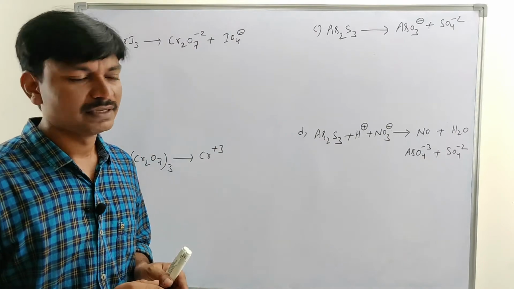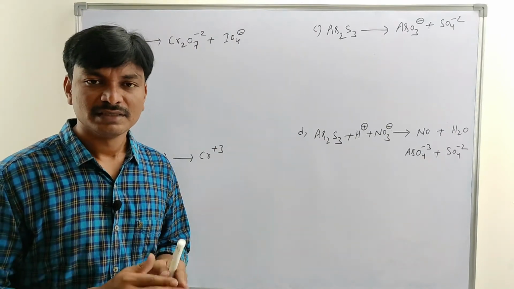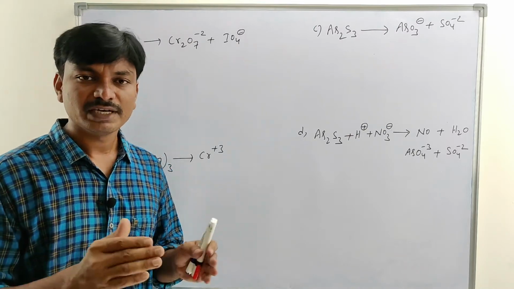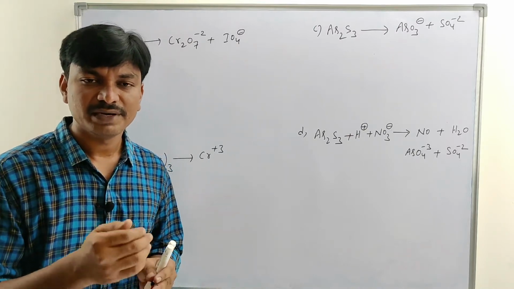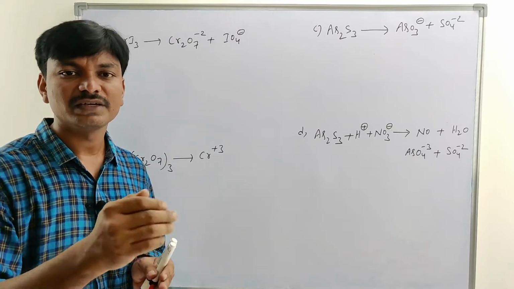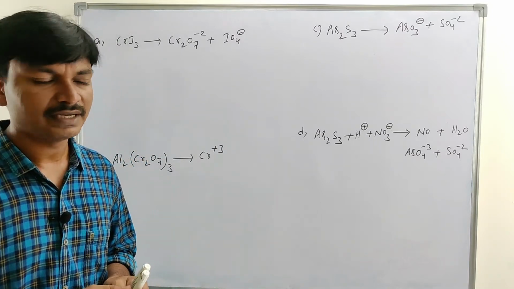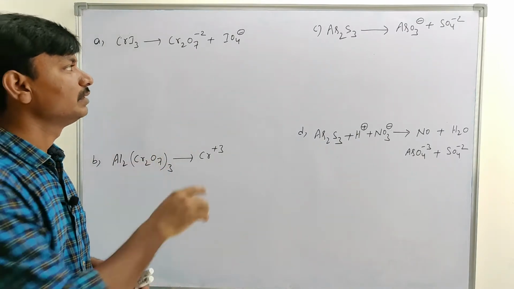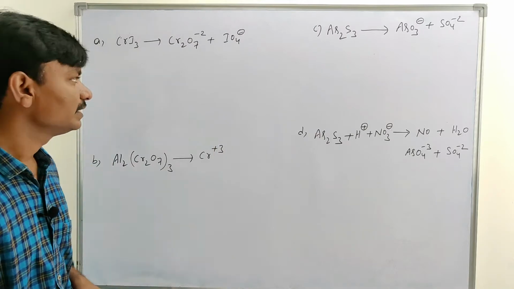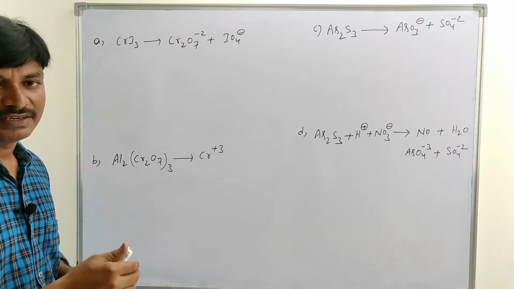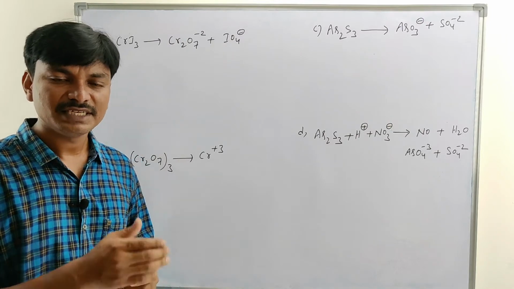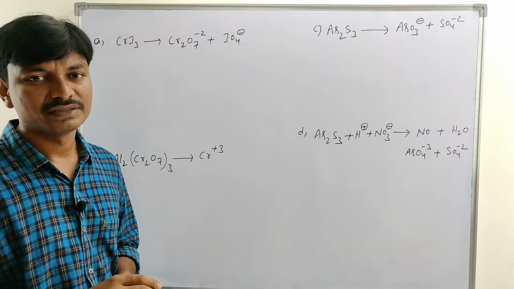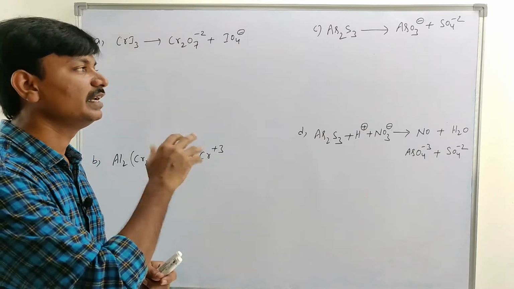Coming to other examples. Here 4 examples are there. Then how to calculate the n factor value for the given examples? N factor value depends on changing electrons, or transferring of electrons, or valency factor. Okay. Here it is CrI3 gives rise to Cr2O7 2- and IO4-. That is, the n factor value is to be calculated by changing electrons. Changing electrons mainly depend on changing oxidation number. Then calculate the oxidation number of the elements.